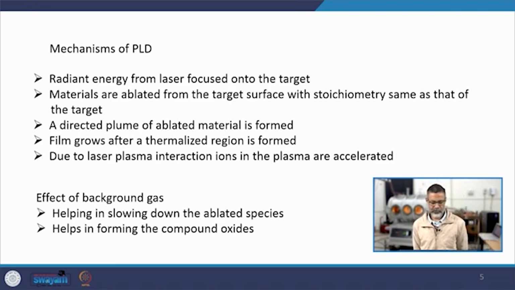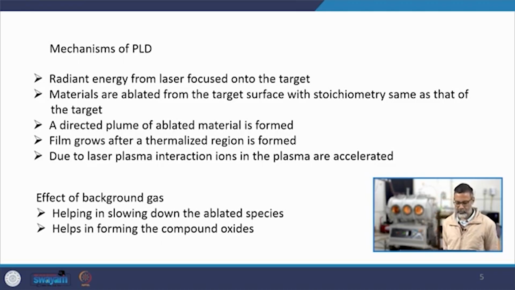What you can see in the video is that the plasma shape is conical, so it has an angle dependence. The velocity will also depend upon the angles, and the amount of material deposited at the different angles also varies. That is also a disadvantage of the pulse laser deposition technique, because you can deposit a very good uniform thin